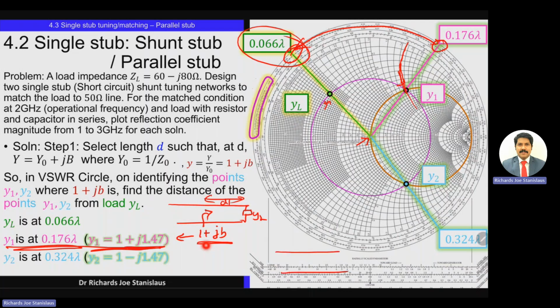Now, instead of that, we can also have another solution, as we discussed earlier. From the load point, when you move along the VSWR circle, you move further down and reach another point, Y2. Connect the center to Y2 and extend outwards, and that is located at 0.324 lambda. So from the load, which is located at 0.066, if you move a distance all the way up to this point, which has the reference 0.324, so what you are